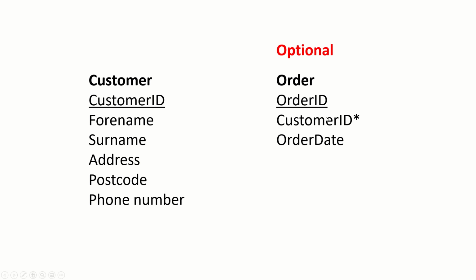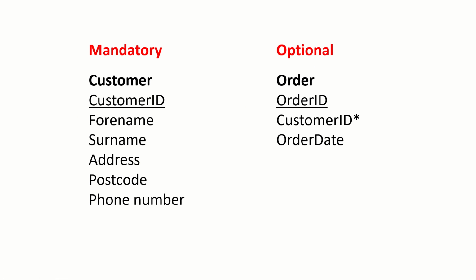Meanwhile, in order to create a record in the order entity, do I need to have a customer in place? Yes, because customer ID is in there as a foreign key. We need that piece of information to create the order. Therefore, customer is mandatory. We have to have that in order to add something to its related entity. Whereas order is optional, we don't have to have anything in there in order to create something in the related